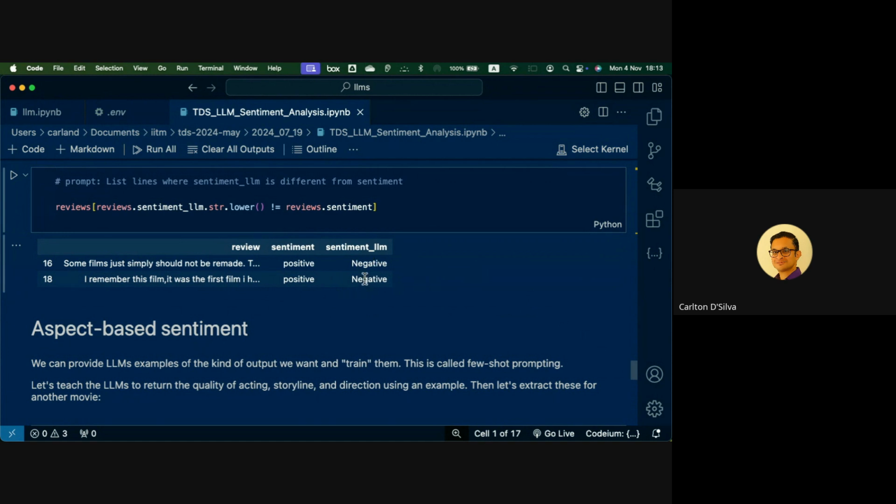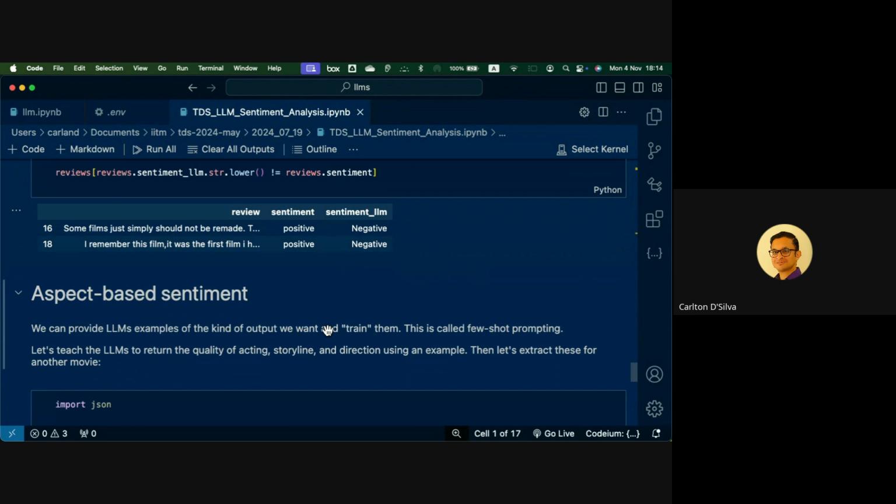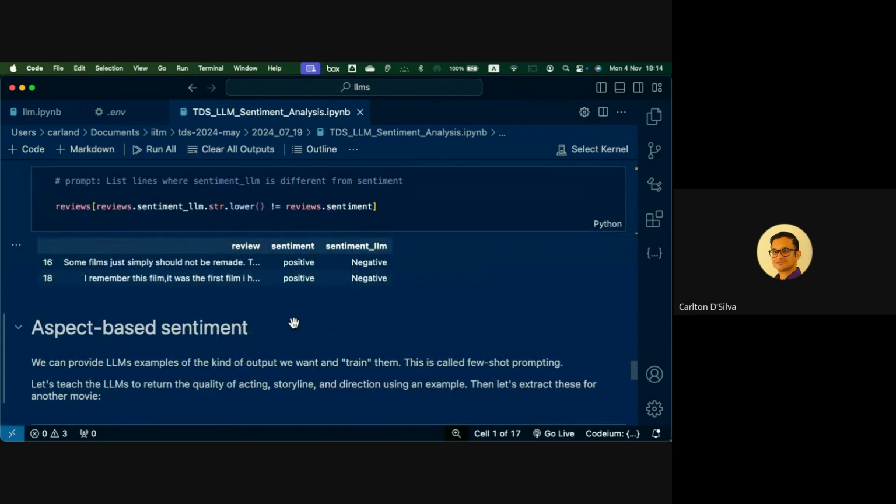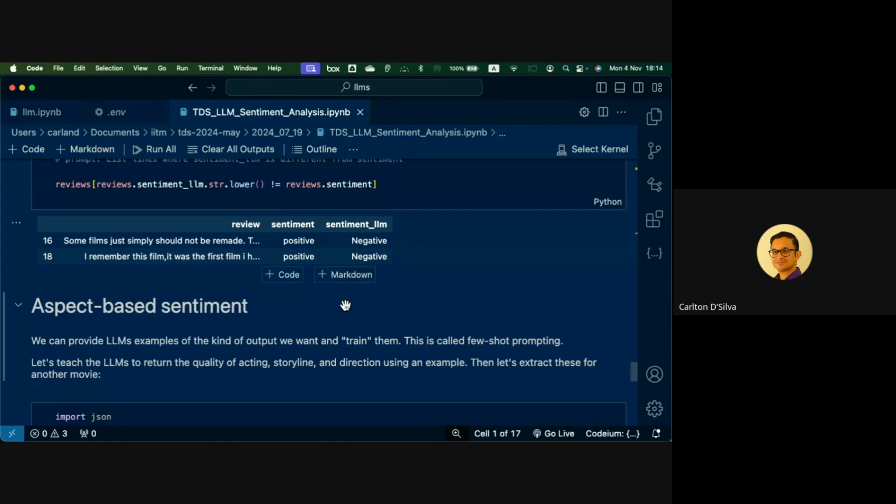It just does its best guess of what would be appropriate. But you can train the LLM, or tweak it rather, to how you want it to respond. So that's called training it.